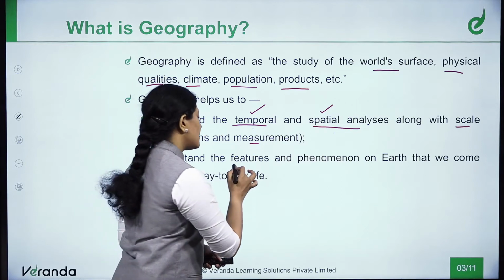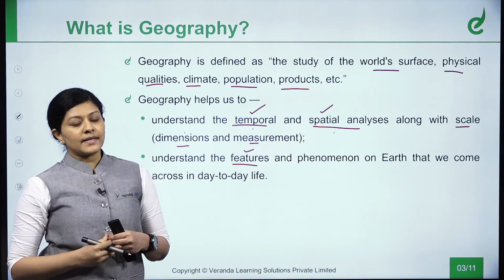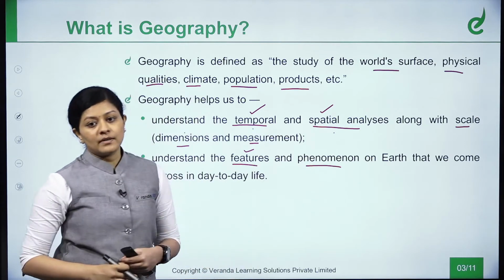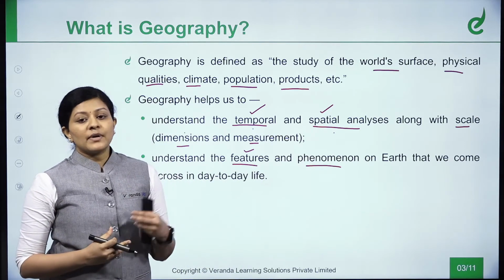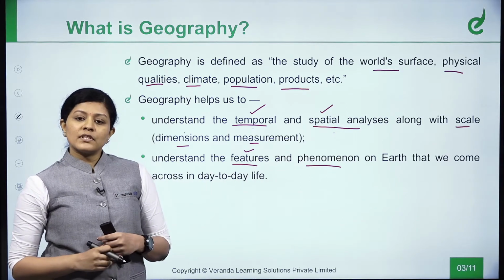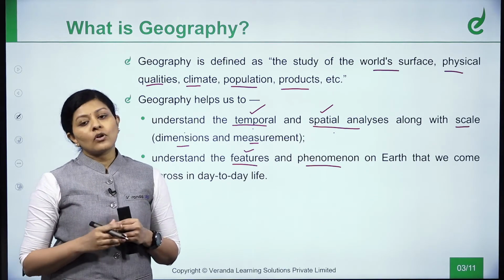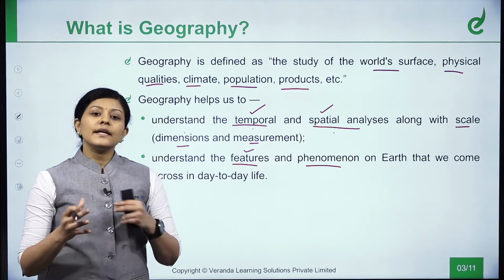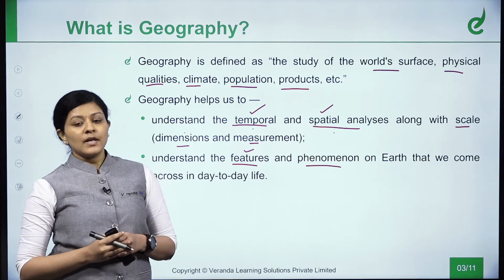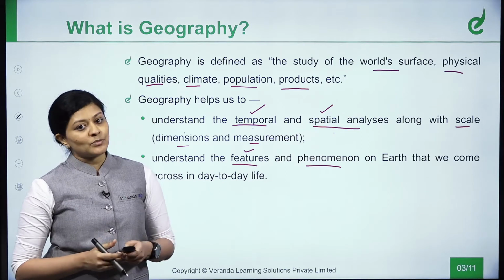So we will also understand the features, that is physical features that we could see, like mountains, oceans, valleys, etc. Those are physical features. And we will also look into phenomena. What are phenomena? That we could feel, like climate, weather, day-to-day weather. So those will be looked into in the subject. We must know this idea as such, that if it is a hot sunny day until maybe 2 o'clock or 3 o'clock, it will be very hot, and suddenly it rains after 4 o'clock. Why does it happen? We know this happens, but why does it happen? We'll understand those small day-to-day life examples in this subject.